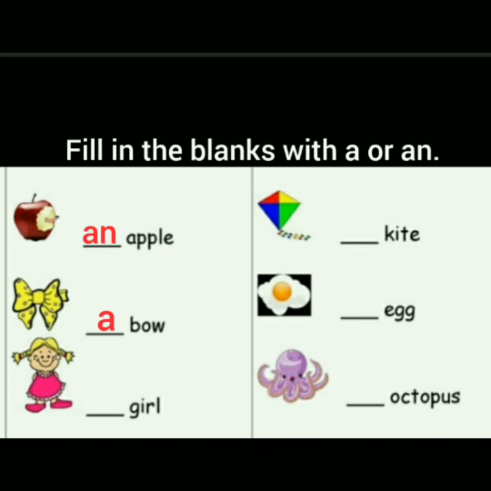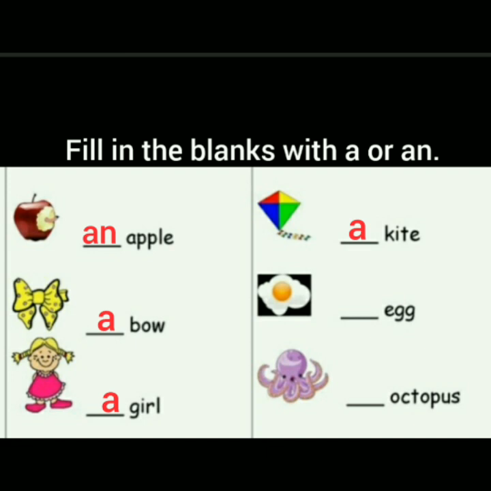Dash girl. The word starts with G. G is a vowel or consonant? Yes, consonant. So we will write A girl. Number 4. Dash kite. The word begins with K. K is a consonant. So we will write A